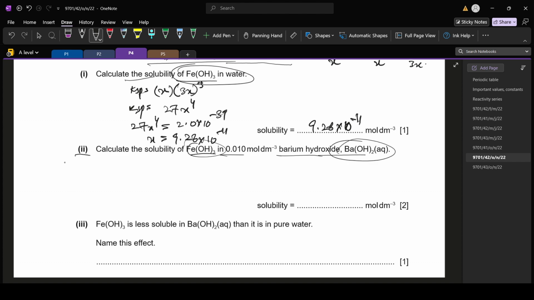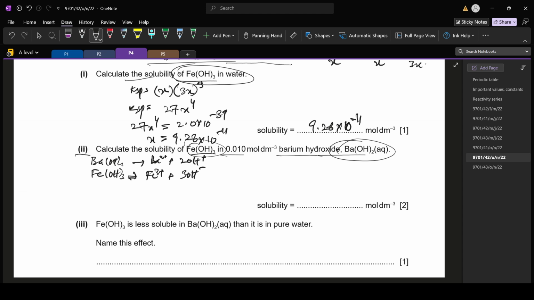Because down the group in group 2 the solubility of hydroxides increases, so barium hydroxide will completely be soluble into barium 2 plus ions and 2 OH minus ions. And this iron 3 hydroxide will partially be soluble. Now you have to calculate the solubility of this iron 3 hydroxide in 0.1 mole per dm cube